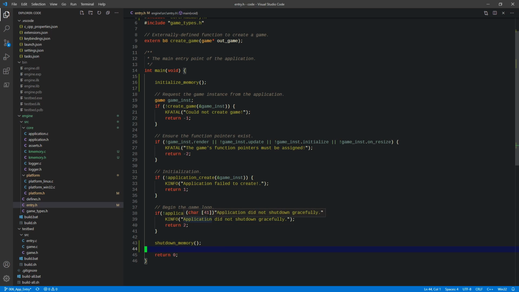Like I said, this is probably the only subsystem that's going to be created at this low level, because it's so necessary to have this in place. We're going to be doing lots of allocations probably at this level before we even get into the engine. So